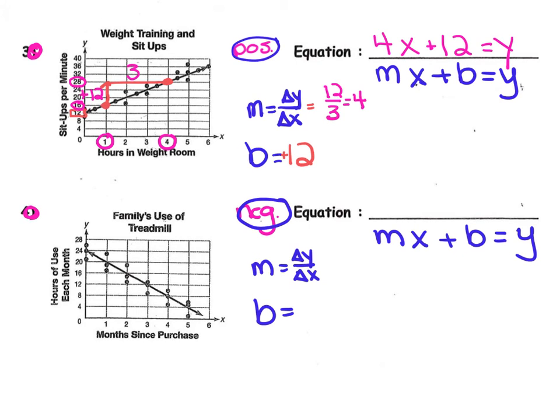Now let's wrap it up with number 4. On number 4, it's pretty clear that your intercept, or your b value, is 24. But again, we have to grab 2 good readable points. Perhaps this one right here at (3, 12) and this one right here at (4, 8). So we're going to fall